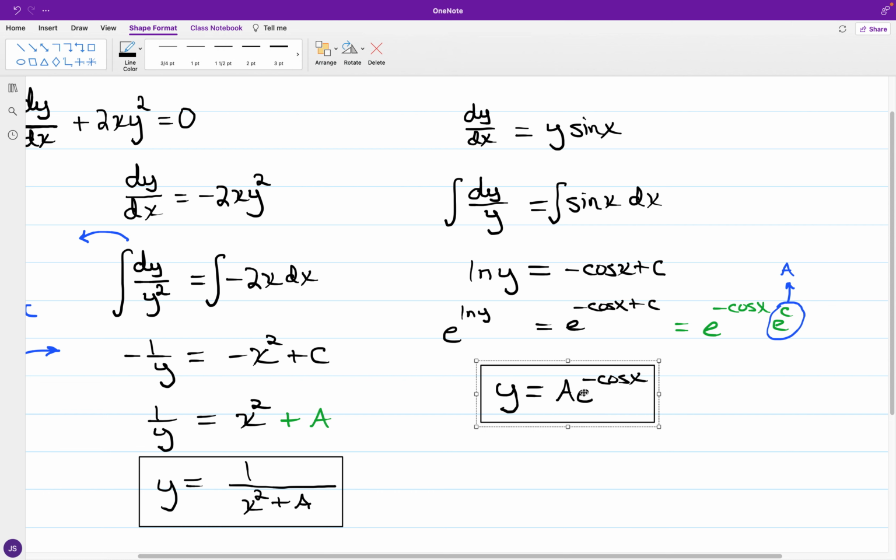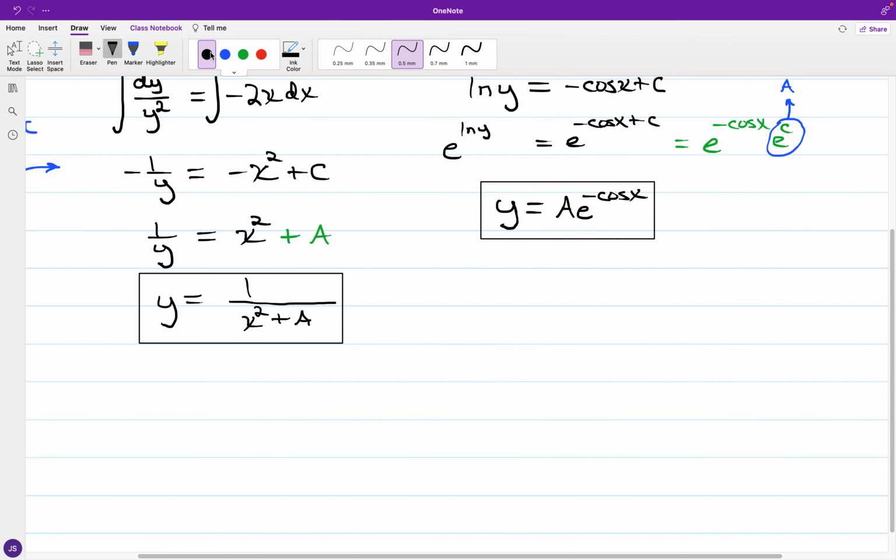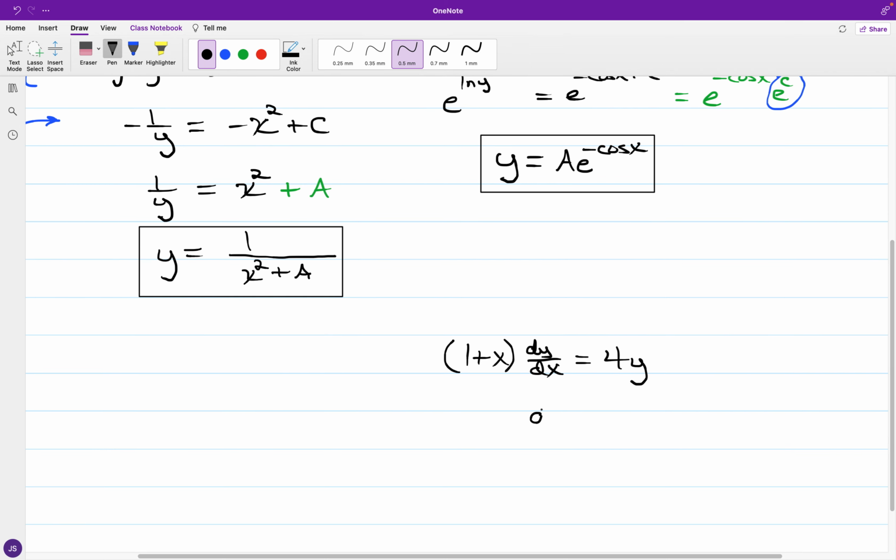Now for the next item, we can separate once again. In this equation we now have the quantity of 1 plus x times the derivative dy over dx is equal to 4y, and looking at separating the variables, I can say I have dy over y is equal to 4 over 1 plus x,